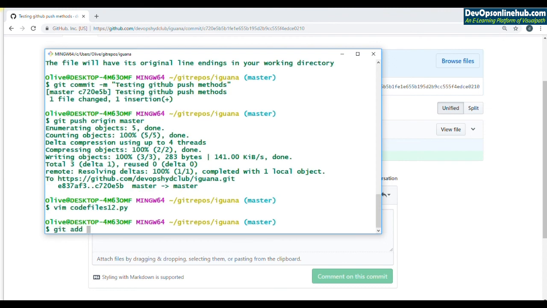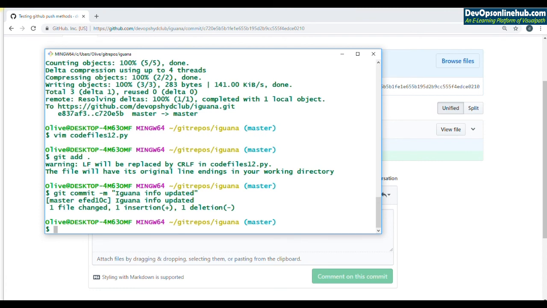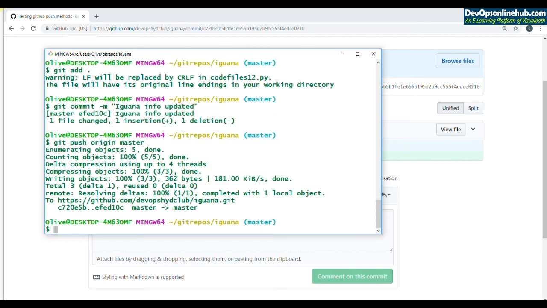Git add dot, git commit -m iguana info updated. Again, this is done locally. Now let's say git push origin master. Okay, so the content and all the history is pushed.